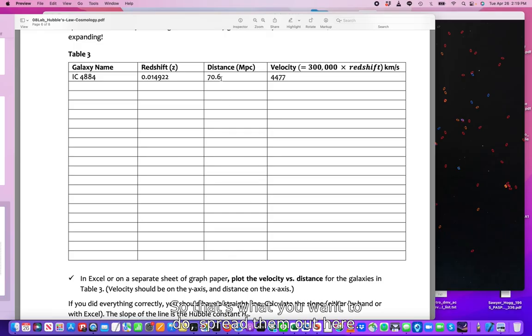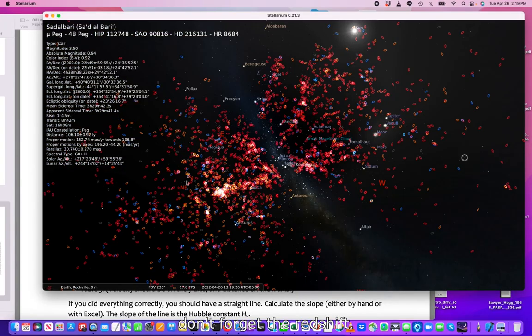Spread them out here. Don't just concentrate everything, say between 50 and 70 megaparsec. That will be a bad set of data. So get a set of galaxies with distance between 0 and up to 100 or something. Now, once you have this, of course, don't forget the redshift, and that's usually,